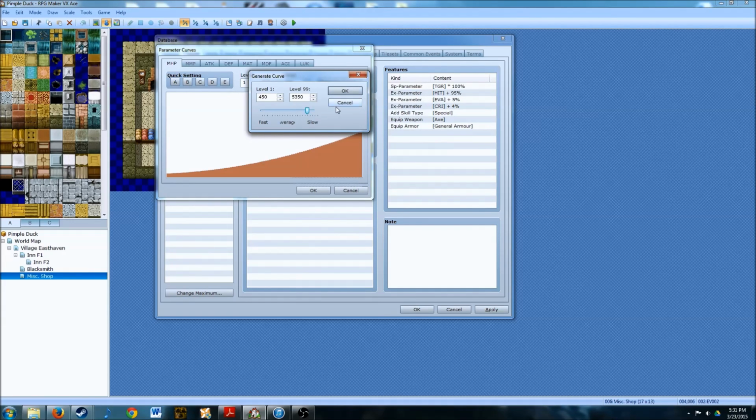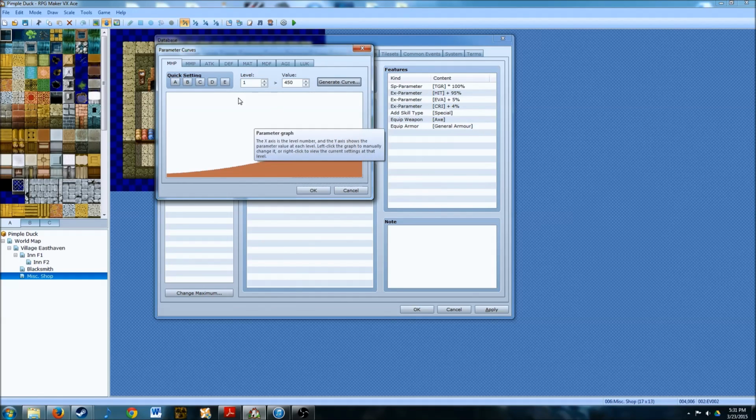So for this one, we're just going to go ahead and do quick setting. Quick setting basically allows it to do a randomized amount of change, without really having to mess with the generate curve thing. So for this one, we're just going to set, let's see,